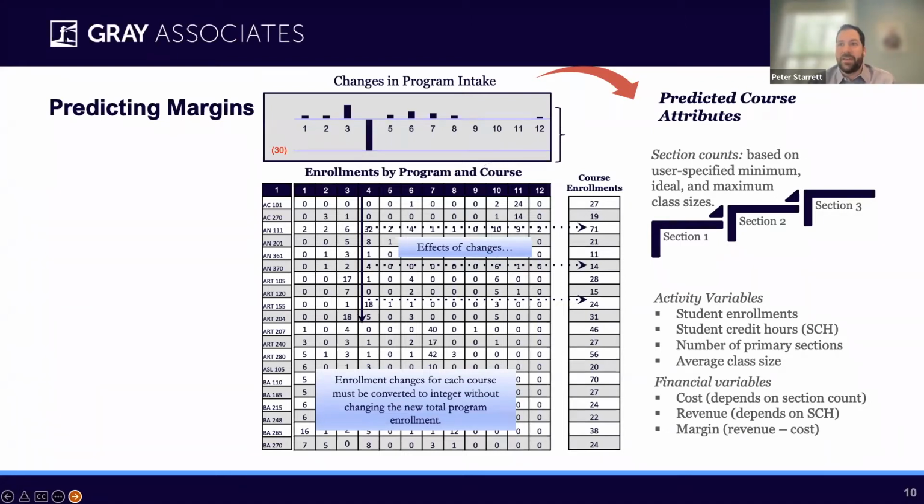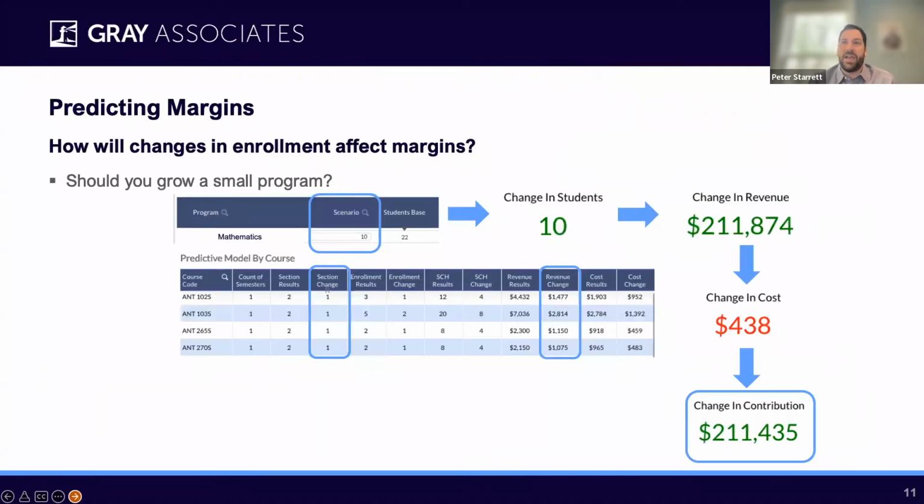So with that, if we jump to the next slide, this just gives you a sense of how this all comes together, where you can see, again, ultimately how changes in enrollment will affect the margins, right? So here, if we add 10 students to our mathematics program, which, again, is a pretty small program, we're able to see how growing a small program actually affects our financials in terms of, will we need